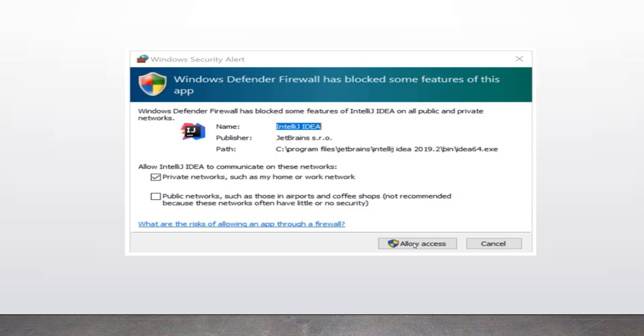Only after doing this will your IntelliJ IDEA be able to make use of the network for debugging. So if this pop-up comes out, just check the private networks option, and then click on allow access.